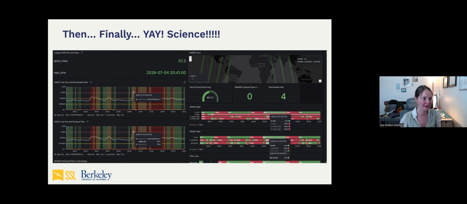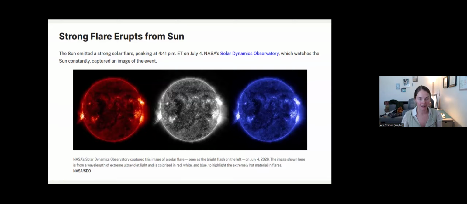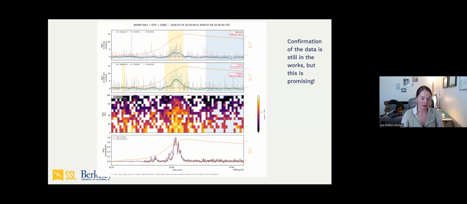The World Cup was already going on. Let me tell you, it got more insane because we caught the flare. But we were still worried maybe the data was wrong somehow. So now, a month later, having gotten that data, gone to take a look at it, I'm happy to give you a preliminary look at some first results of a flare, an X-class flare caught with our SHARP instrument.